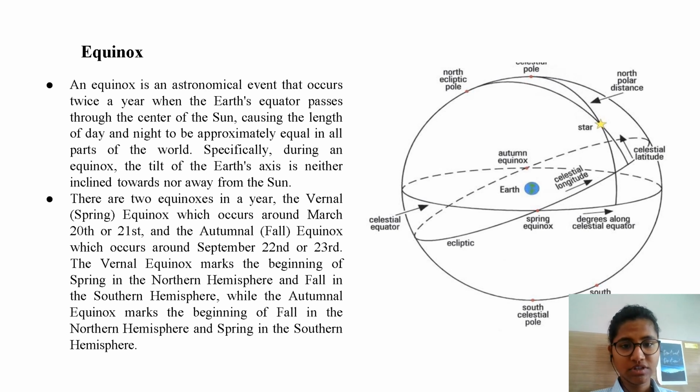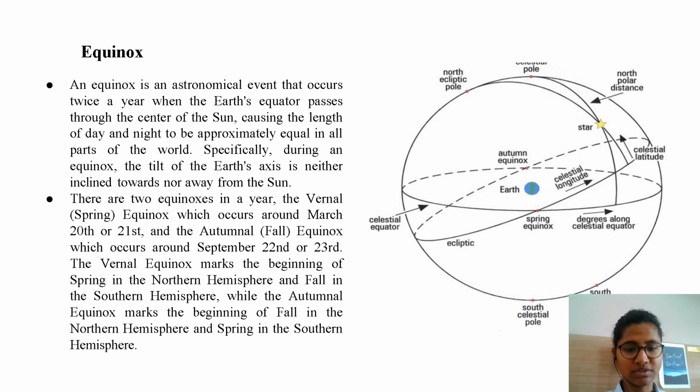In this diagram, the length of the day and night are approximately equal in all parts of the world. Specifically, during an equinox, the tilt of the Earth's axis is neither inclined toward nor away from the sun. There are two equinoxes in a year. Those are the vernal equinox